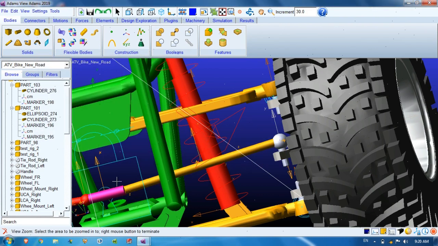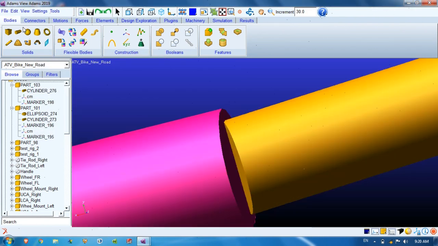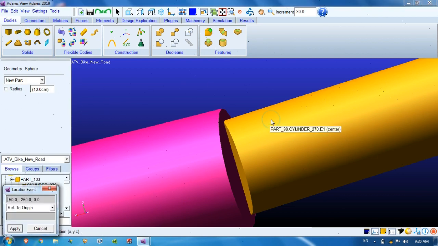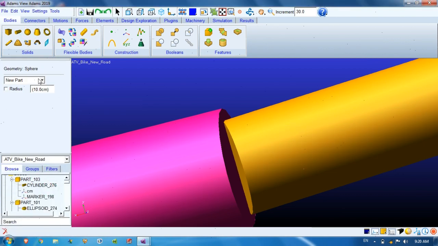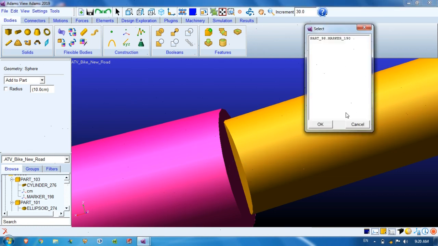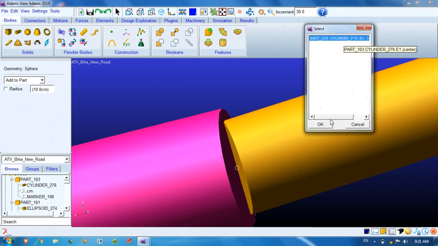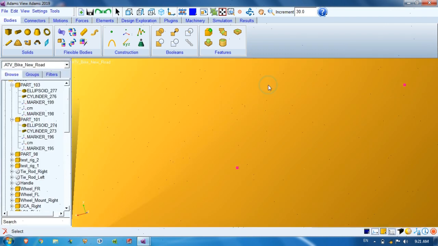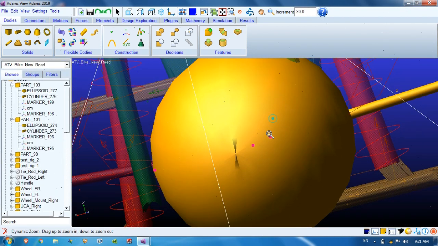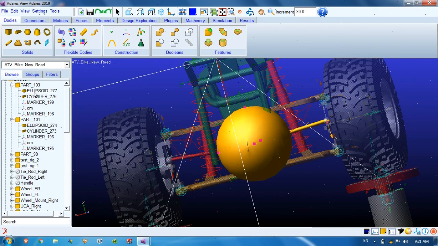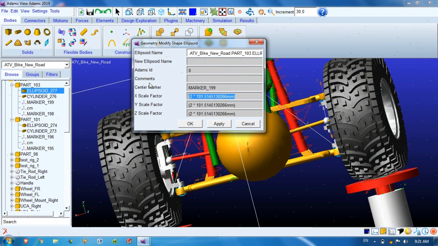Okay, and we will add a sphere here, not a new part, add to the part, choose the part which was added, part 103, and location at the center of this part 103. Click anywhere, it will appear with a larger radius, so you can reduce the radius to 15, 15, 15.